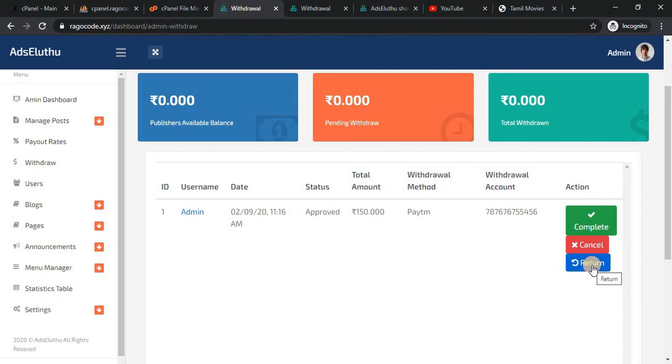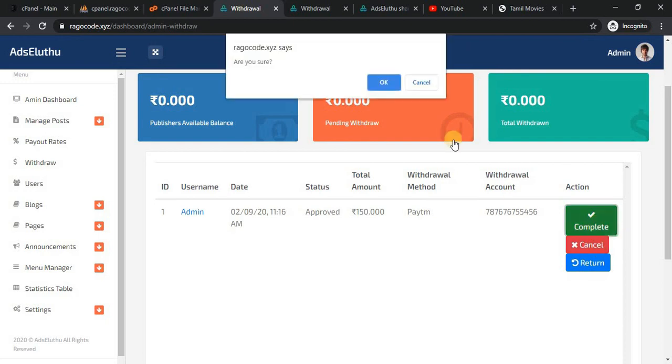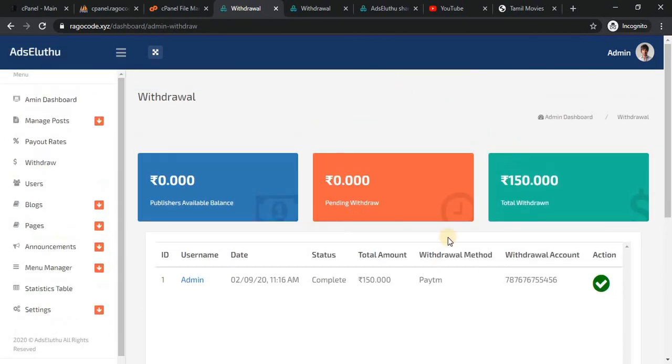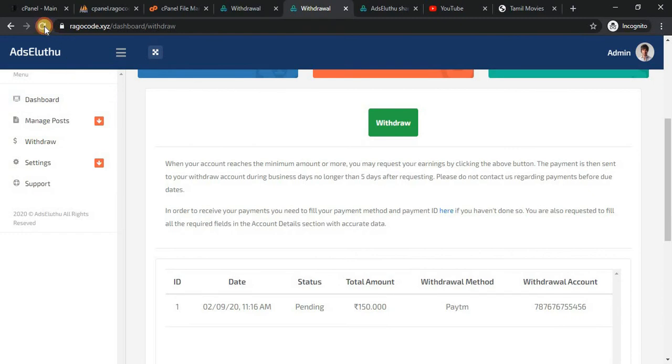If you click return, this 150 is added again to the user's available balance. So I click complete. Yes, now it's completed. Refresh it.